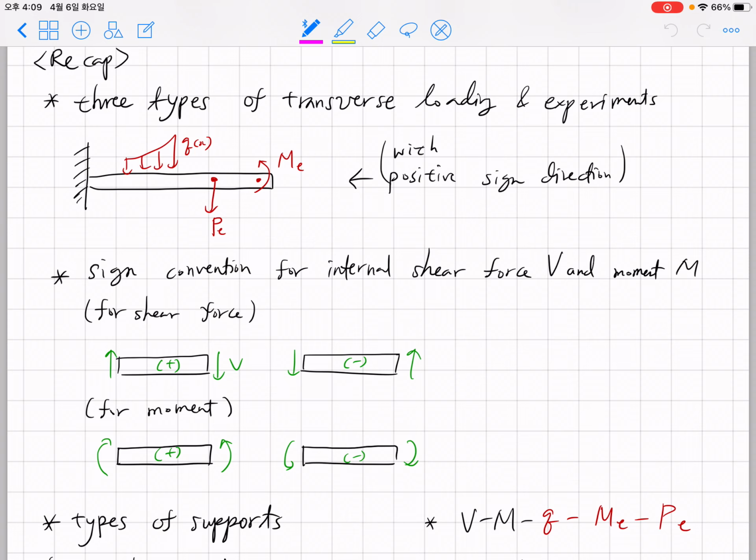which resulted in a bending of the beam. So first we considered the distributed loading, transverse distributed loading, which is distributed force. We considered point force, and we also considered a point moment. Okay, these three